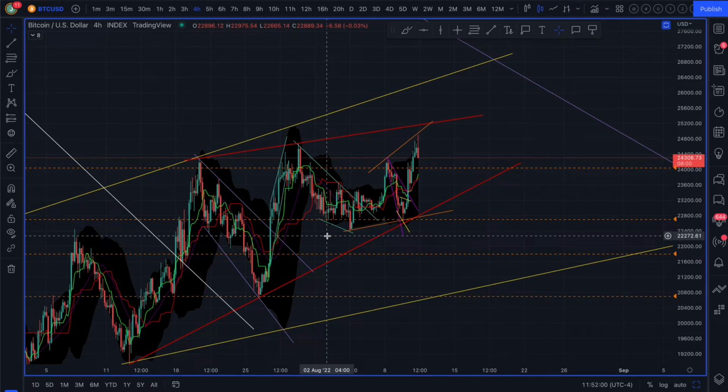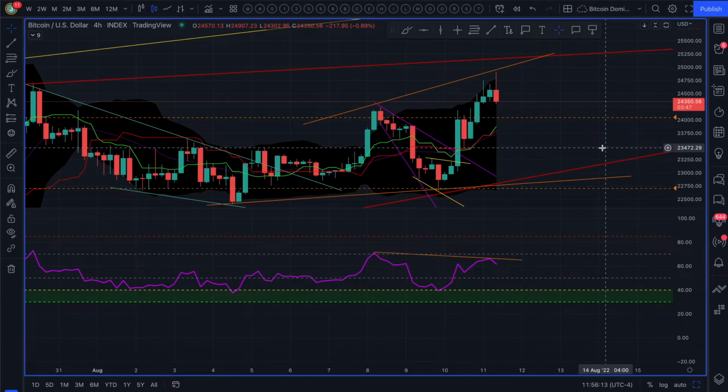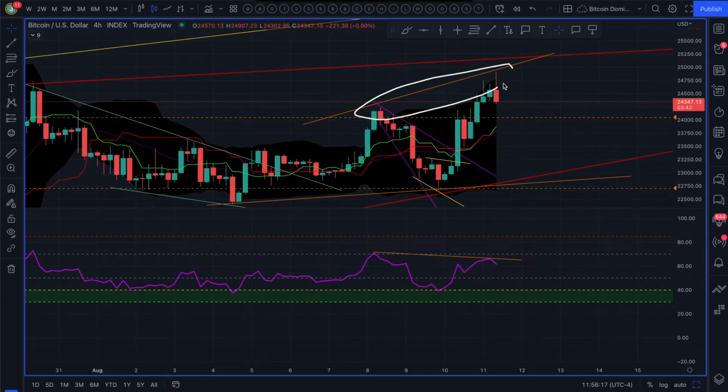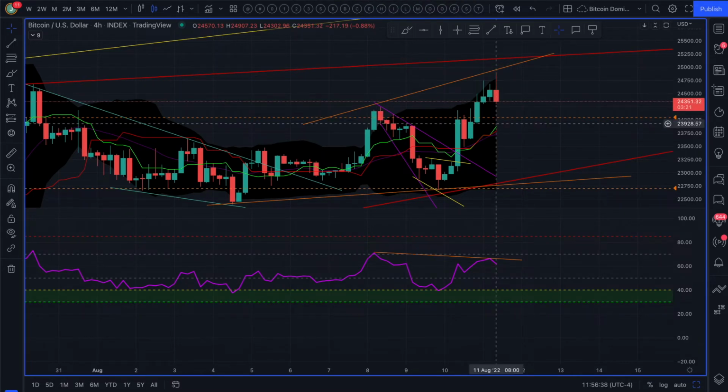And if you come down and look at the actual RSI here, you can see that comparing price here, this orange upward line and this corresponding downward line on the RSI is what we call bearish divergence. And for those of you that don't know what that means, that is a bearish indicator that things are going to start retracing. But we can actually already see that coming from the cloud here as the green and the red are separating.